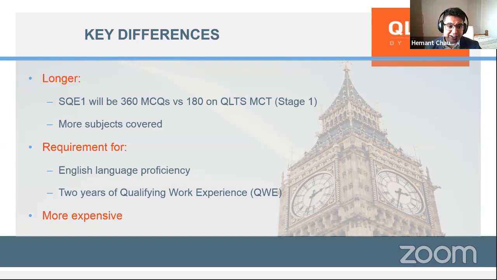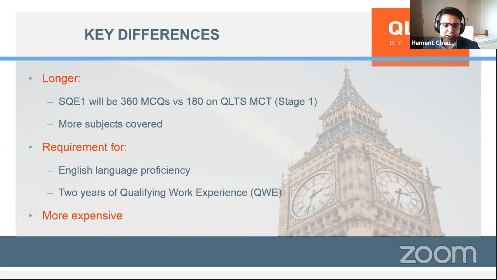And further, it is more expensive to do the SQE than the QLTS. So the advice that Barbri is given to all international lawyers, Indian lawyers, and other lawyers around the world who want to qualify as a solicitor is to do the QLTS as soon as possible before it's too late.